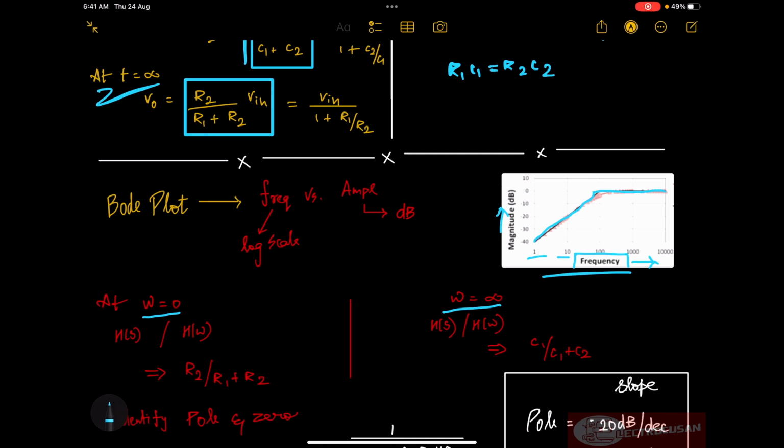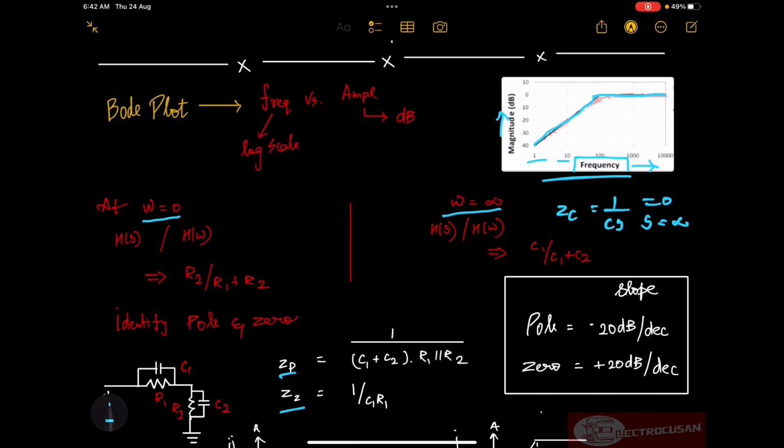And at omega equal to infinite, the capacitance is short circuited, because the impedance is given by 1 by Cs and s tends to infinite, so 1 by infinite is equal to 0. So it is short circuited, and we have to consider the impedances of the capacitances. Then it turns out to be a capacitance voltage divider circuit. So H(s) or H(omega) is given by C1 divided by C1 plus C2. Now that we have got the response of the circuit at omega equal to 0 and omega equal to infinite, we will try to find the